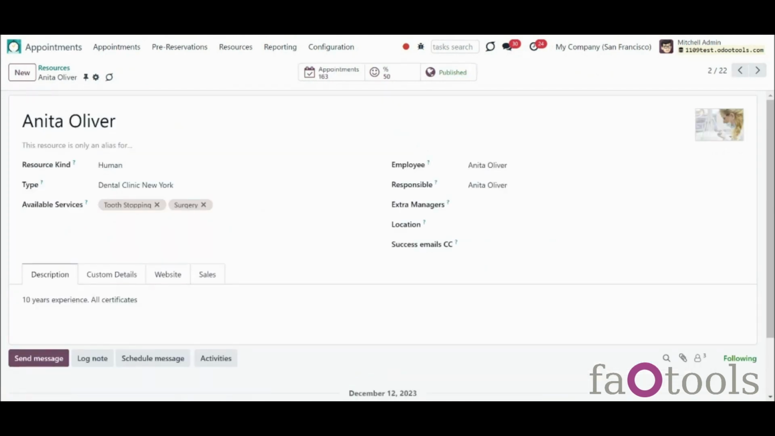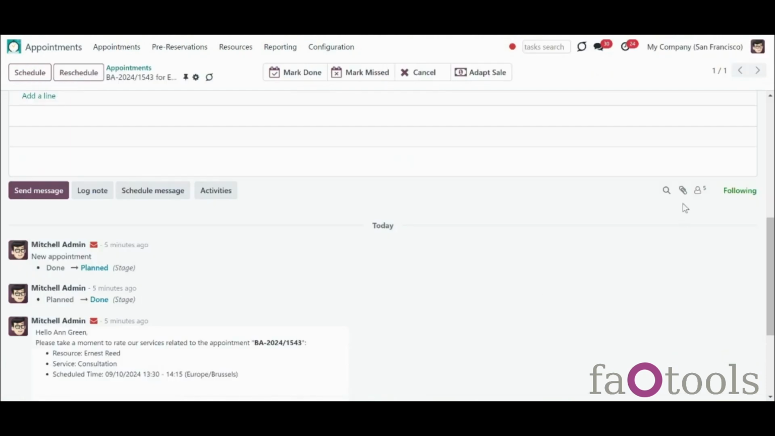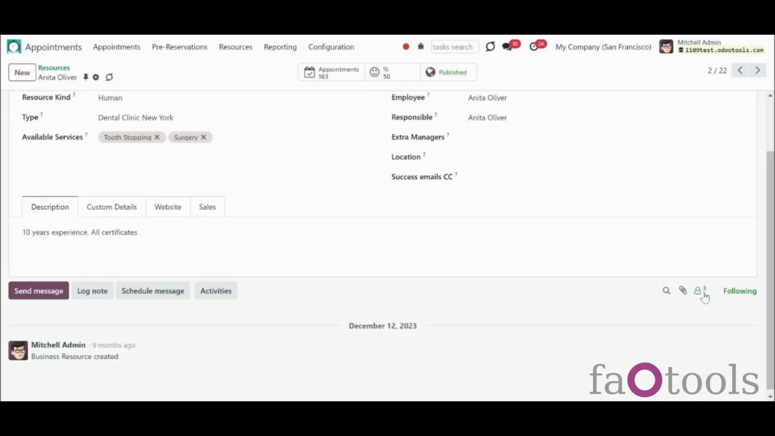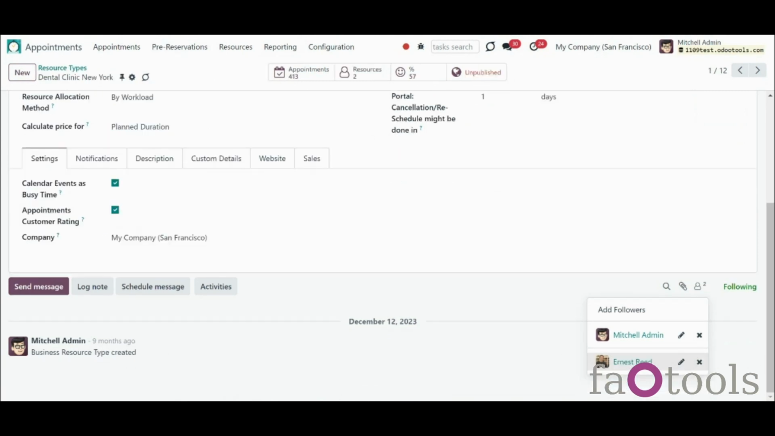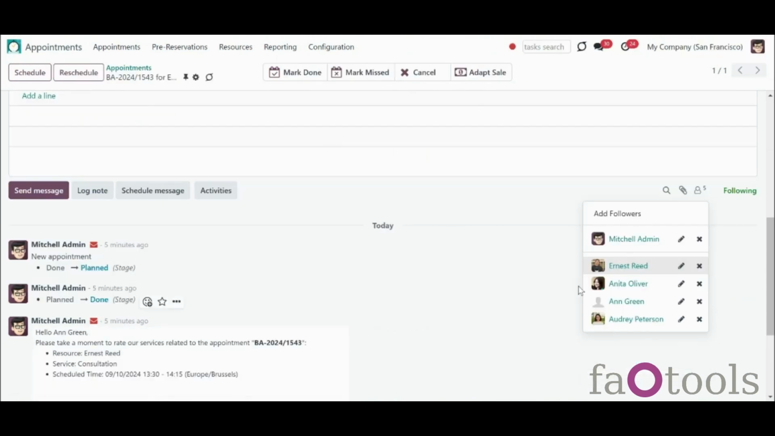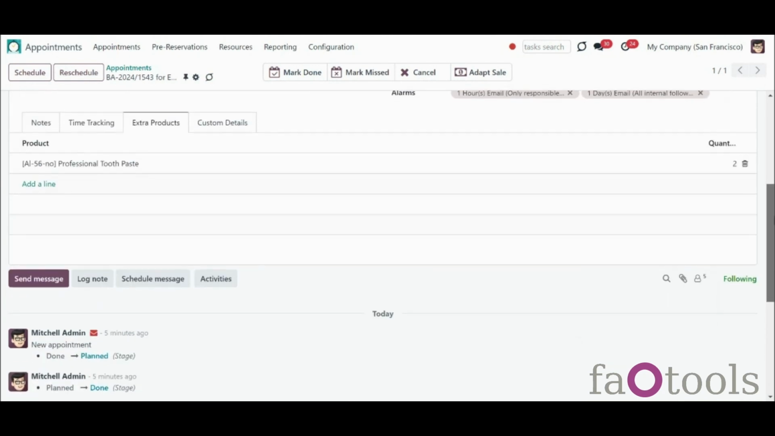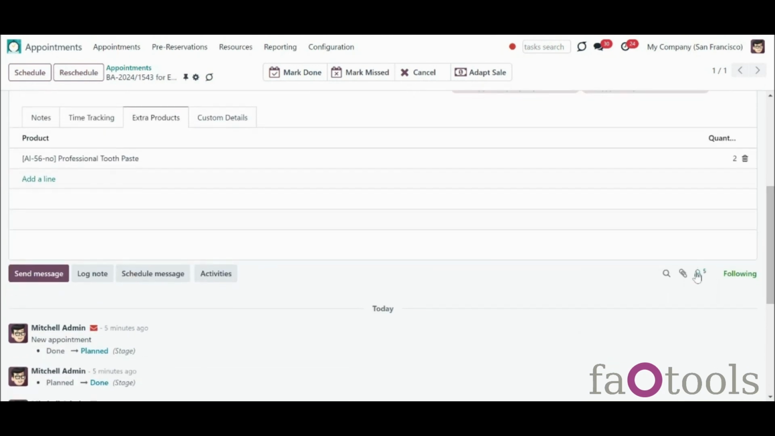The followers are added hierarchically. So if a user follows a resource type, then he is automatically added as a follower of the related resources and appointments. If a user follows the resource, he or she is also automatically added to the created appointments. The auto-subscription is applied only to the resources appointments that were created after adding followers to the resource type or